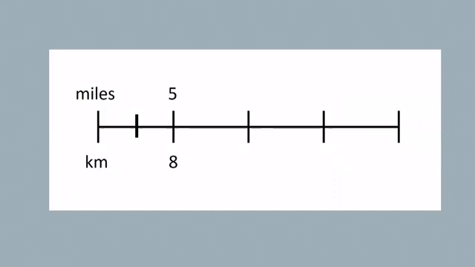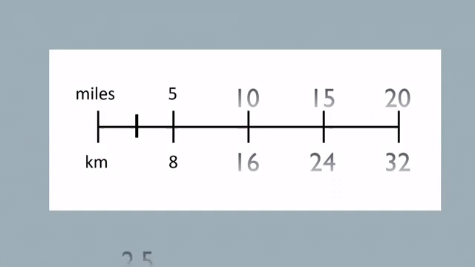So if we know that 5 miles is like 8 kilometres, we can then also think what would be 10 miles. It would be double, 16 kilometres. And if we know 10 miles, we know 20 miles can be 32. And then, of course, if we know that, we can think about the intervening ones. 15 is 24 kilometres, and actually half of 5 miles is 2.5,